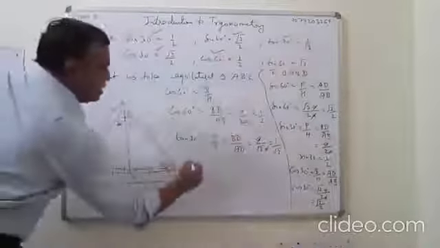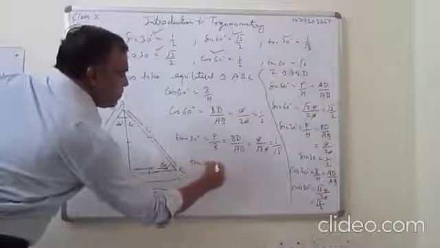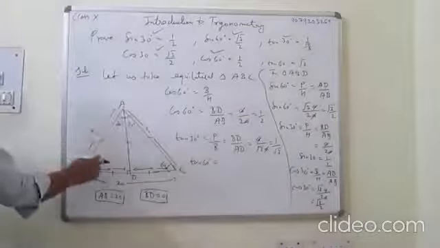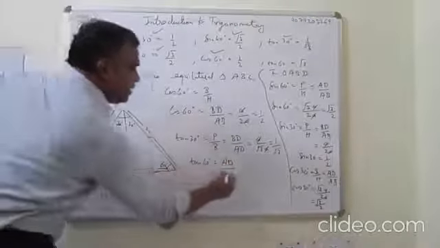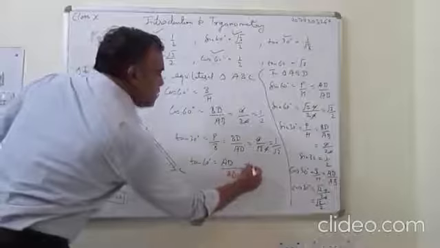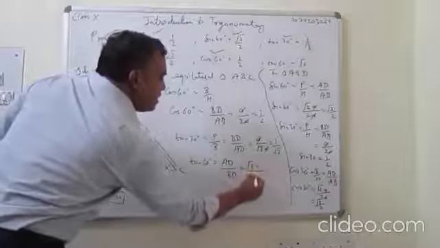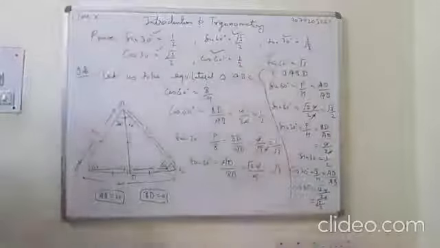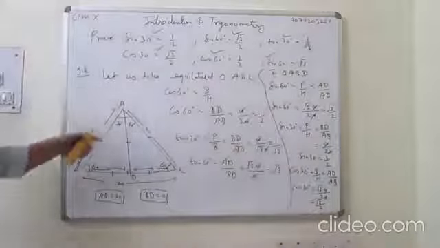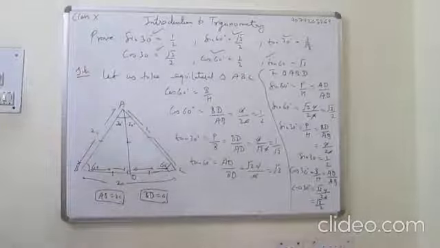Now tan 60. In tan 60, the perpendicular is AD and the base is BD. Putting in the values, AD is root 3A and BD is A. They cancel out, and it is root 3. You can prove this. So I can prove the ratios of 30 and 60 degrees.